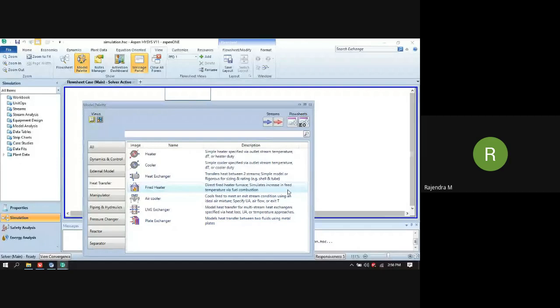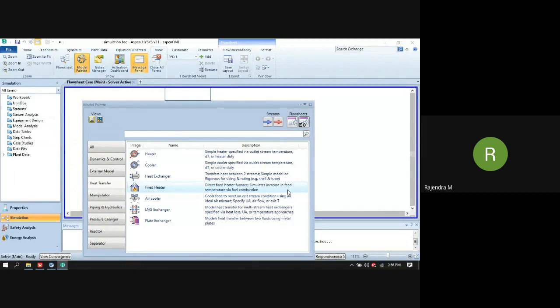Using this air cooler, these are general air coolers, as you might know. In general they are called air cooled heat exchangers. Air cooled heat exchanger units use air as the heat transfer medium to heat or cool a process stream. Externally there will be an air stream, which may be induced or forced draft based on the requirement.